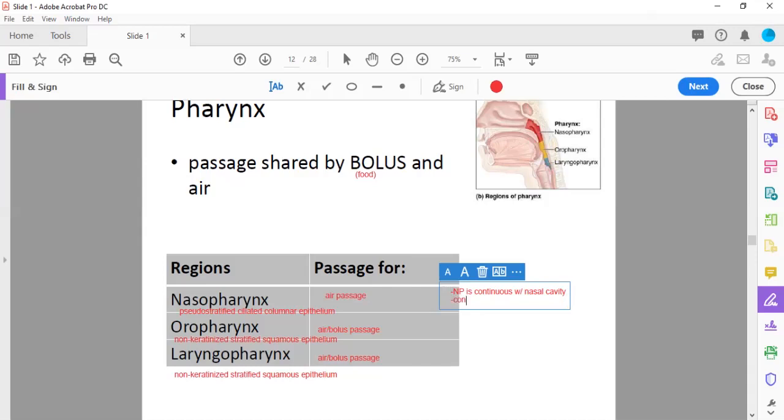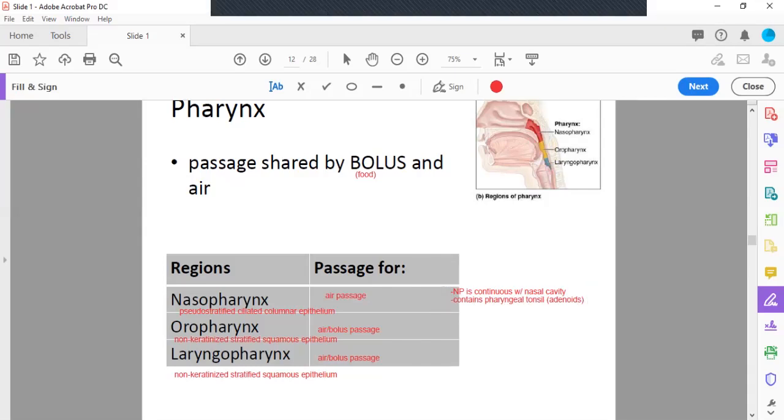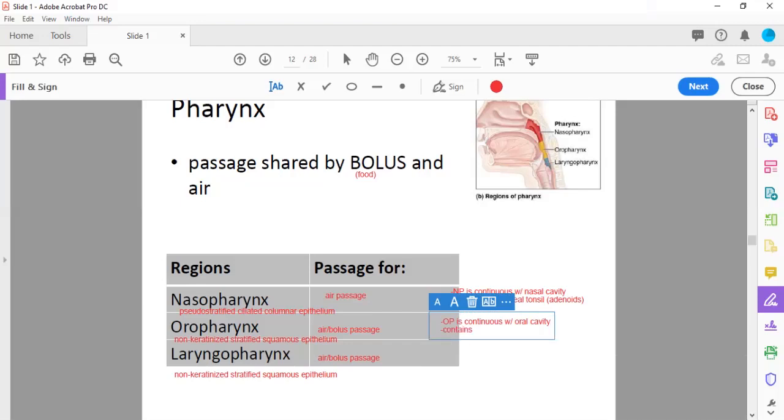In addition to this, the nasopharynx also contains pharyngeal tonsils, also known as adenoids. Very good. The oropharynx, which I will abbreviate as OP, is continuous with the oral cavity, and it contains